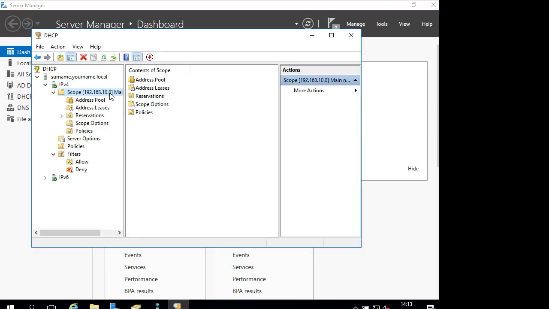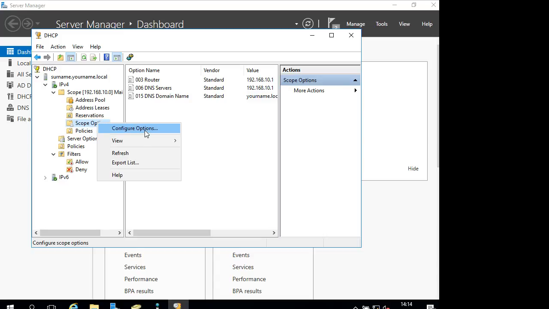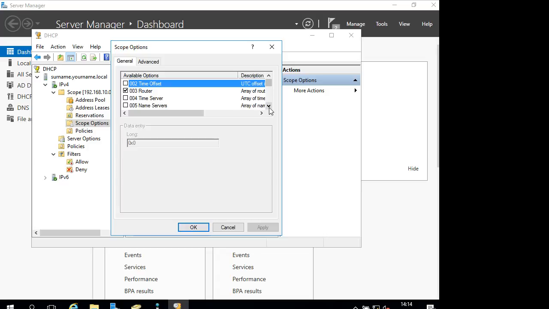So right now you have here the scope, address pools starting from 10, finishing on 200, address leases. Right now you don't have any leases and you don't have any reservations either. Scope options, this is the important part. You can also add other options here, such as you can place here